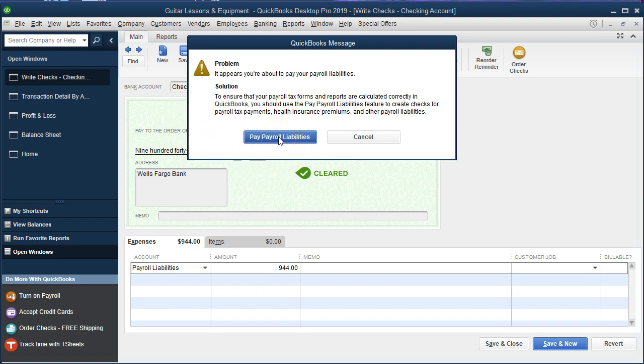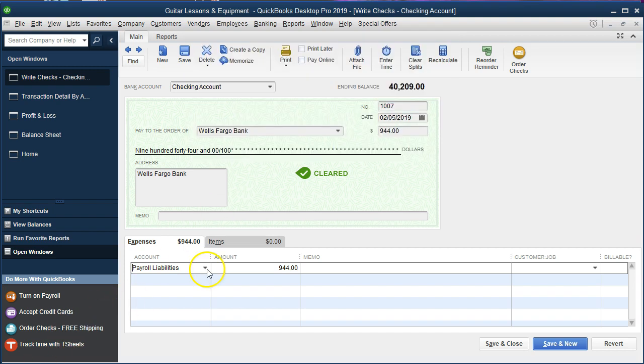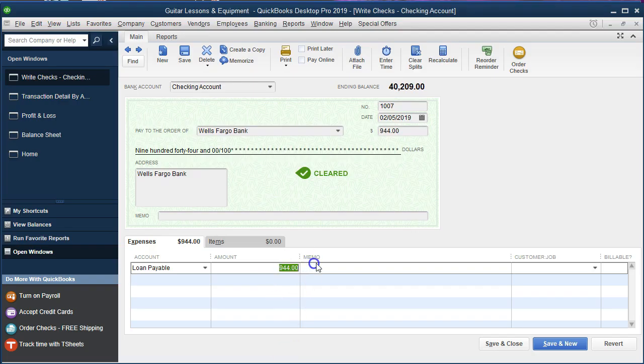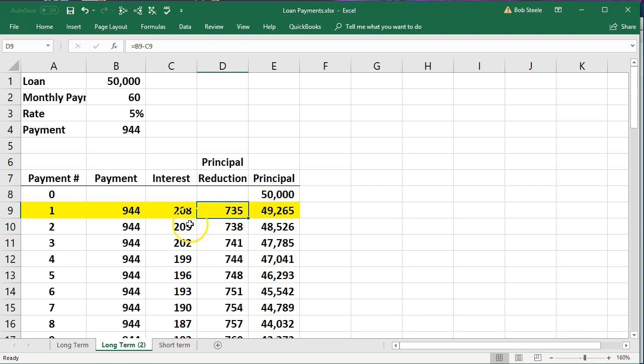Problem, it appears you're about to pay your payroll liabilities. Not payroll liabilities, the loan payable. And it's going to be for the amount of the 735. So 735. Now the difference then, it's going to give us that difference because it's trying to be in balance. It's saying, hey, you decreased the checking account by this amount. You only allocated to another account this amount. The difference is 209. And that then is going to be, and it's rounding because this has actually got pennies